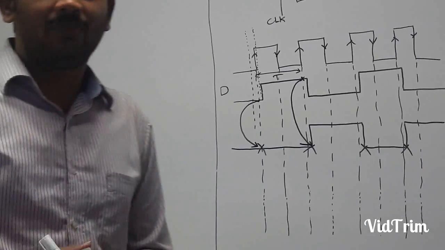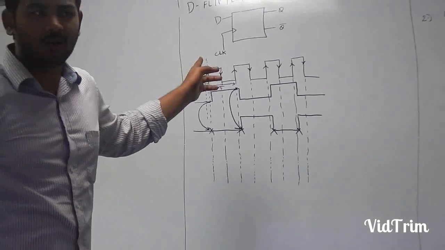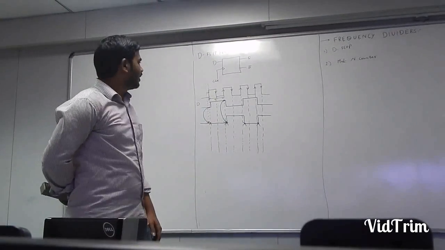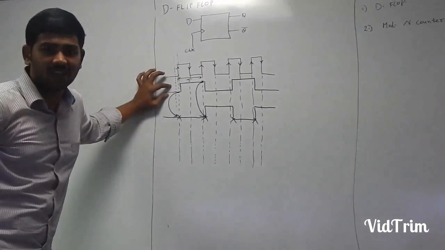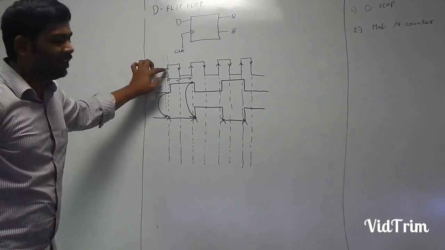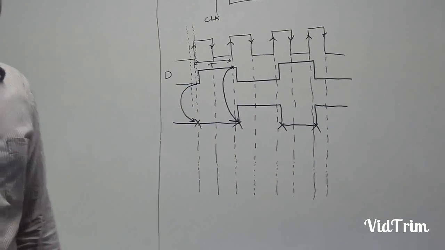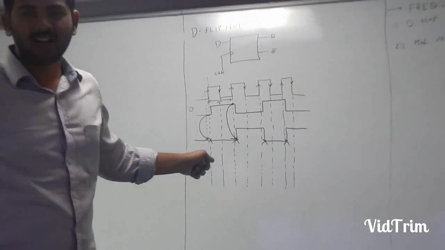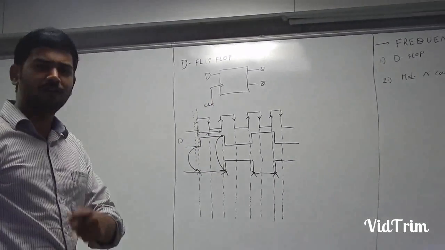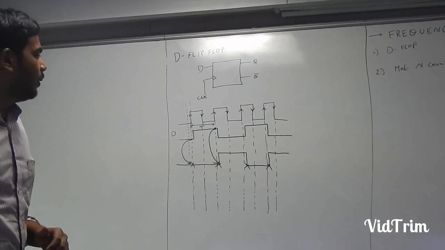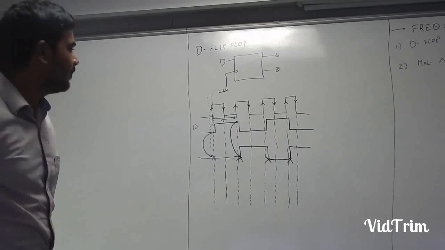So guys, previously we learned that this D flop gives a clock cycle delay, with the same data we are capturing at the positive edge. What if we capture the same data at the negative edge of the same clock? Have you ever thought of this? How much delay does it give? Let us see by drawing it.